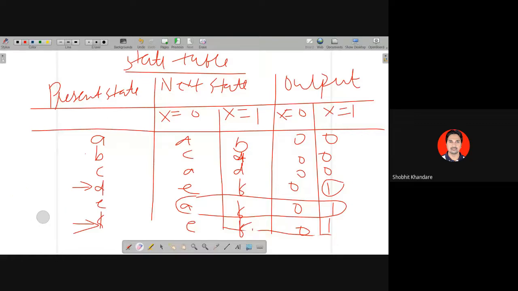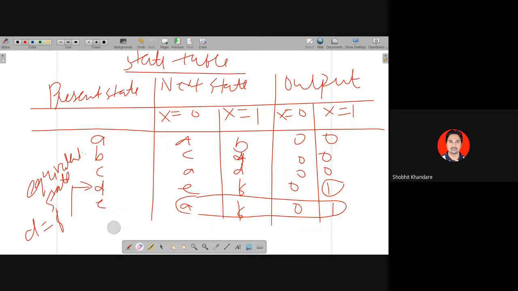Is it understandable or not? Yes, sir. So can I say your D and F are the equivalent states? They are the equivalent states, and your F will be replaced by D. After this, see again your state is getting reduced. Now see what happens: your F will be gone, your F will go. And wherever there is F, there D will come.